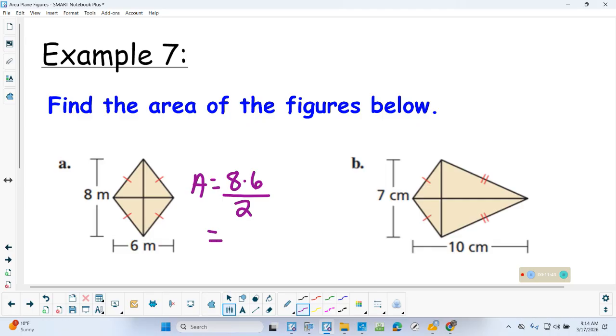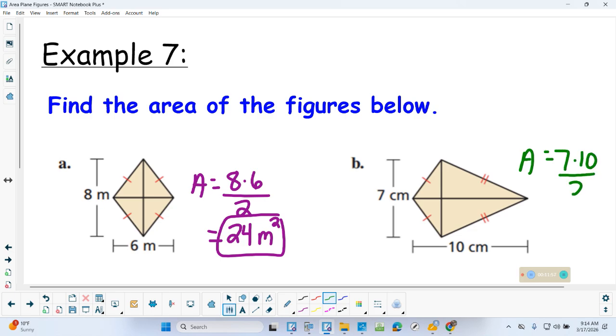No calculator needed here. 8 times 6, 48. 48 over 2, 24. And let's label meters squared. All right, we have our kite here for B. Same formula. We're going to multiply the diagonals. 7 times 10 over 2. Again, no calculator needed. 70 over 2, 35